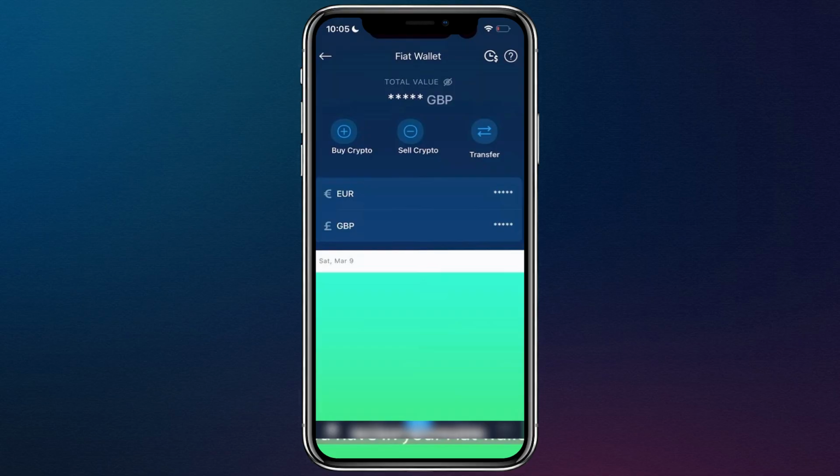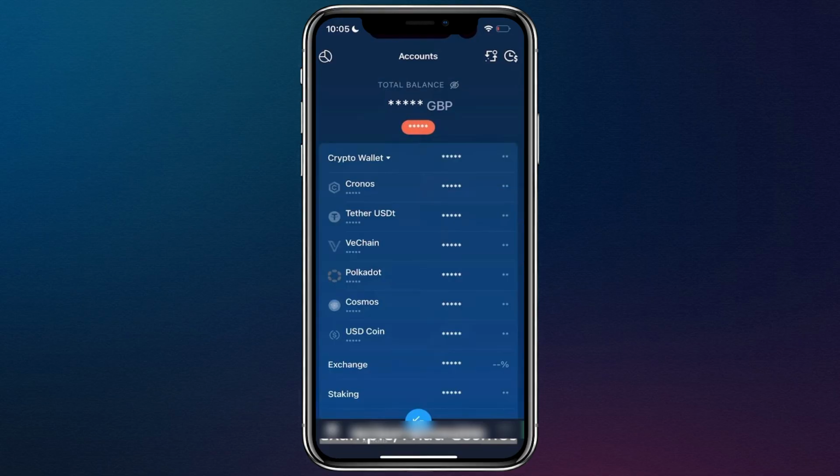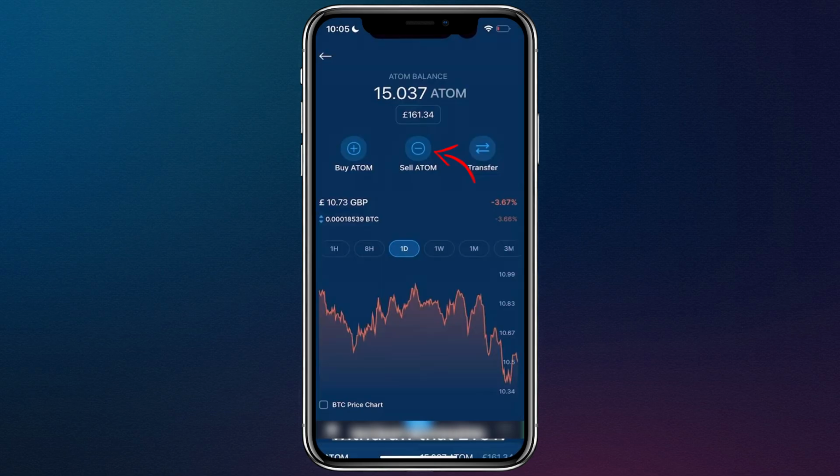If your funds are still in cryptocurrencies, you'll need to convert them into cash before you can transfer them. Go to your crypto wallet, where all your cryptocurrency holdings are listed. Look through the list and select the crypto that you want to sell. For example, if you have £161 in Cosmos and want to transfer this amount to your bank, you need to